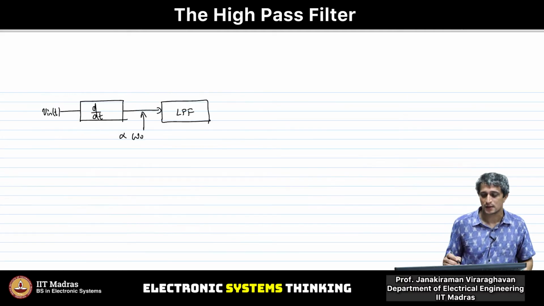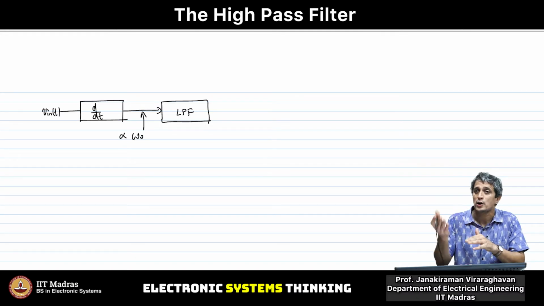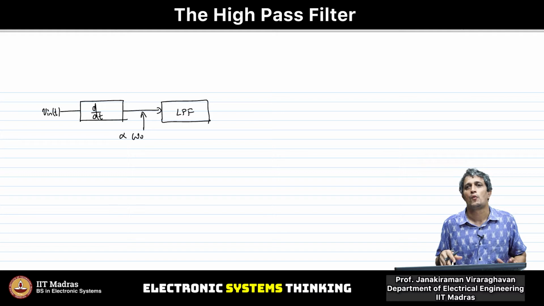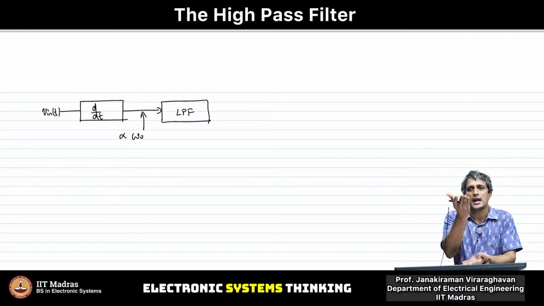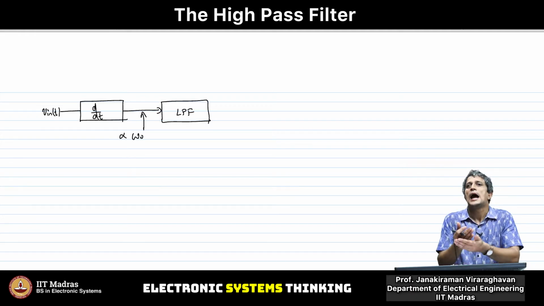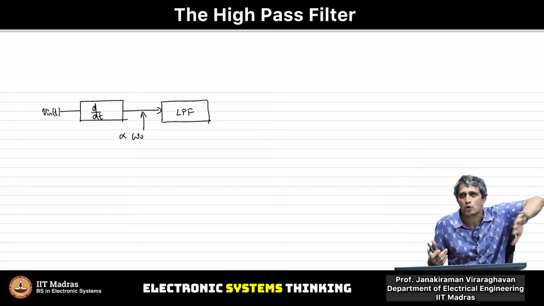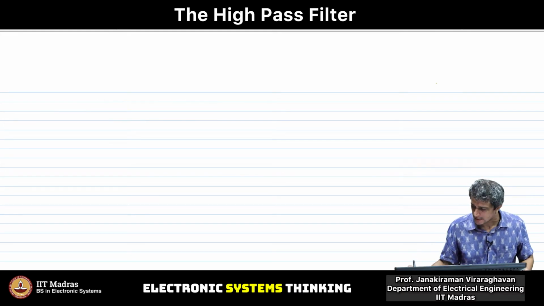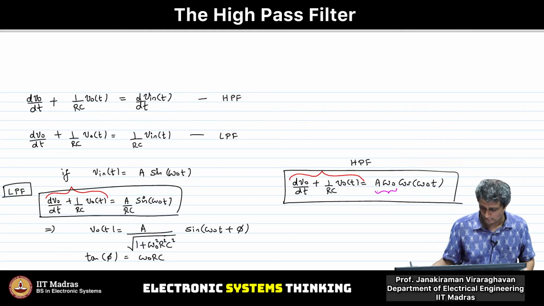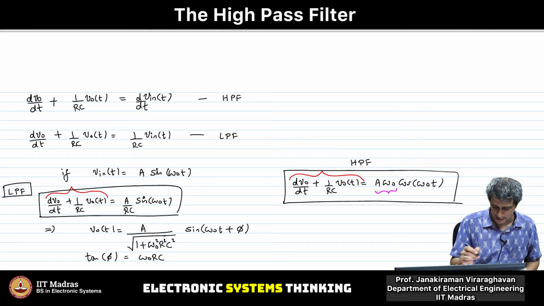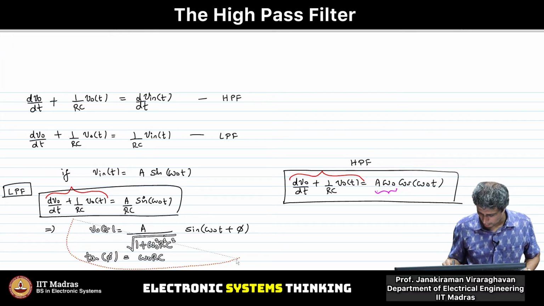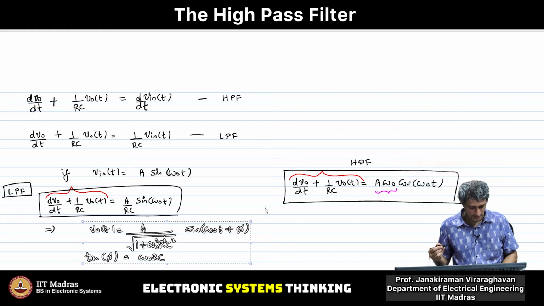So in some sense, because it is trying to do some low pass filtering on that signal itself, what is happening is the input is getting scaled up by a factor of omega naught because of the derivative, and then the low pass filter is trying to nullify this effect. So if you take this expression that you got here from the low pass filter, which one am I talking about, this expression, right? If you take this expression